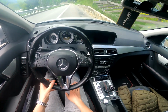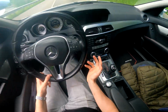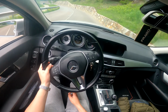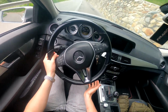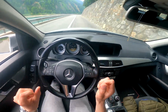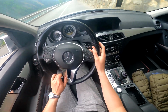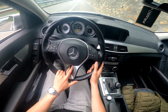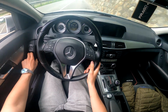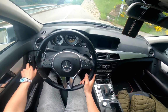The only thing I don't like is the automatic. Coming from a Golf R, obviously with a manual, it's something different. I know, I get it, it's an old car, old automatic. It's not made for going fast, shifting fast. But sometimes I don't understand what the automatic is doing. But yeah, I mean,